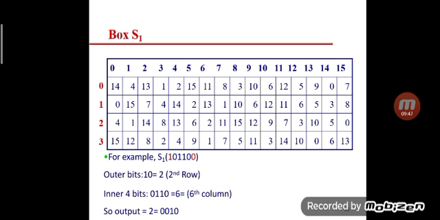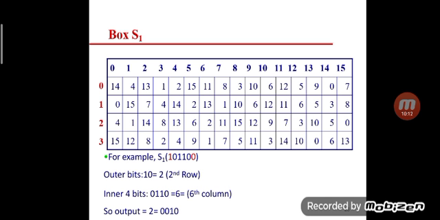So we can here describe the 64 entries. Okay, so that can be represented by rows 0 to 15 and columns 0 to 3. So we can consider one random example for an S1 box. Here we can represent the S1 box input as 1 0 1 1 0 0.